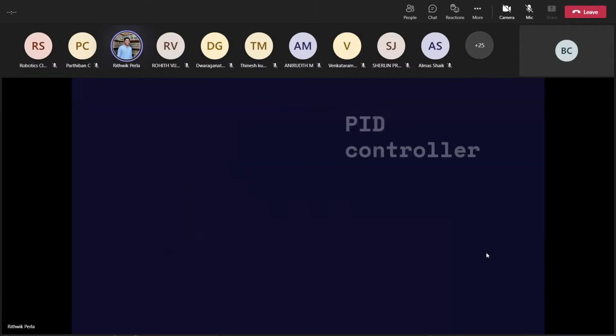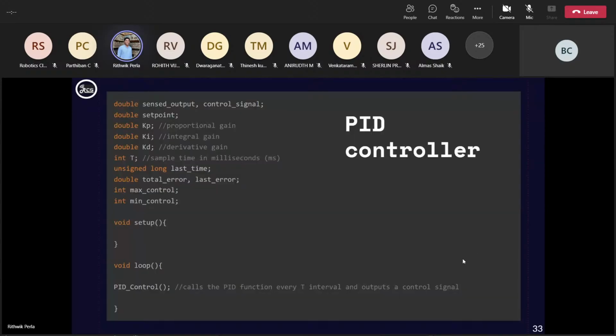Now, this code is for your reference. You can easily understand it if you go through it, with the same calculations, integral, derivative, all that used. From the loop diagram itself, you can understand the logic. Just go through it afterwards. If you have any doubts, you can ask.